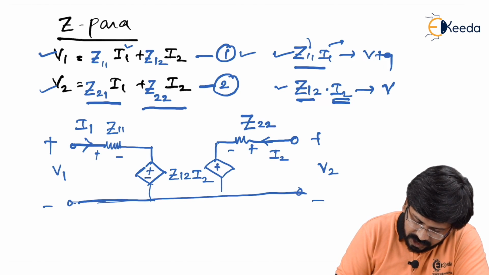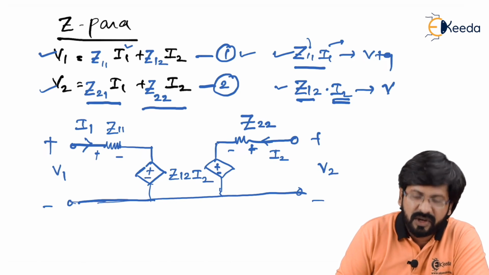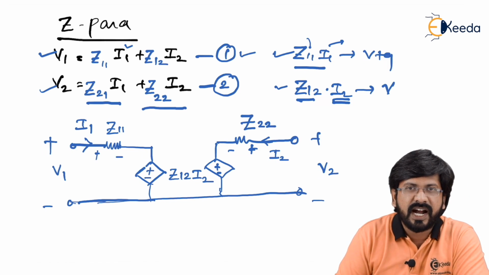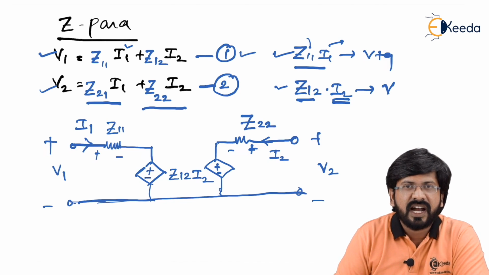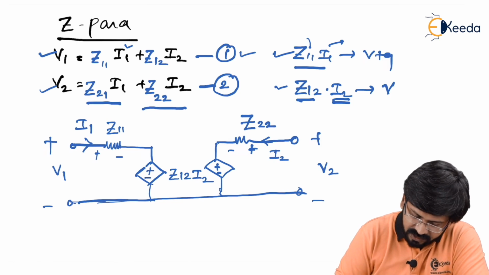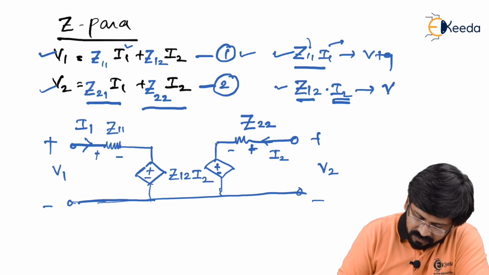With the same polarity, I should show you this voltage. I mean, if this is plus minus, then this has to be plus minus because both the voltages are getting added. Remember, when voltages are getting added, it means they are connected in series and both of them have the same polarity. When voltages are getting subtracted, it means both of them are connected in series but having different polarities. So what is the magnitude of this? The magnitude of this is nothing but Z21 times I1.